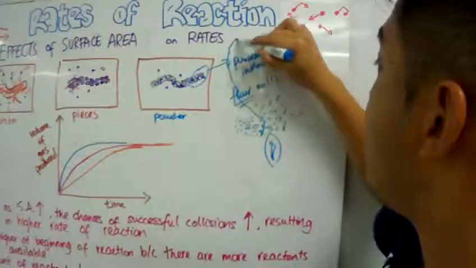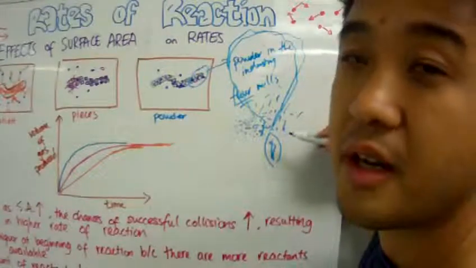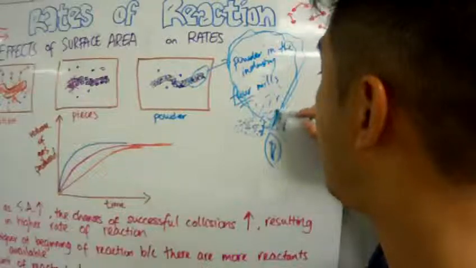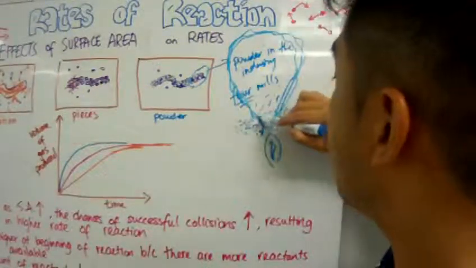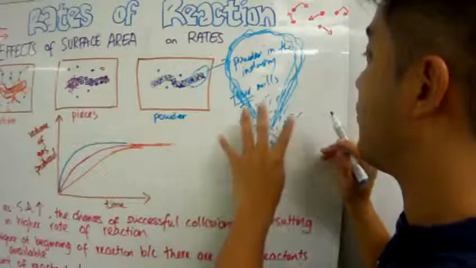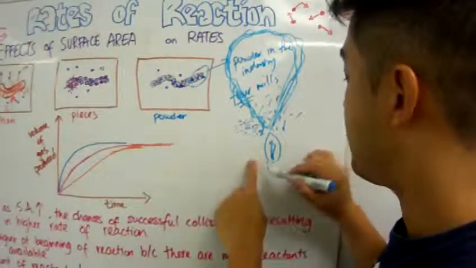You're going to create a big plume of combusted flour, a highly exothermic and very rapid reaction where the flour will all get burnt when you have a small